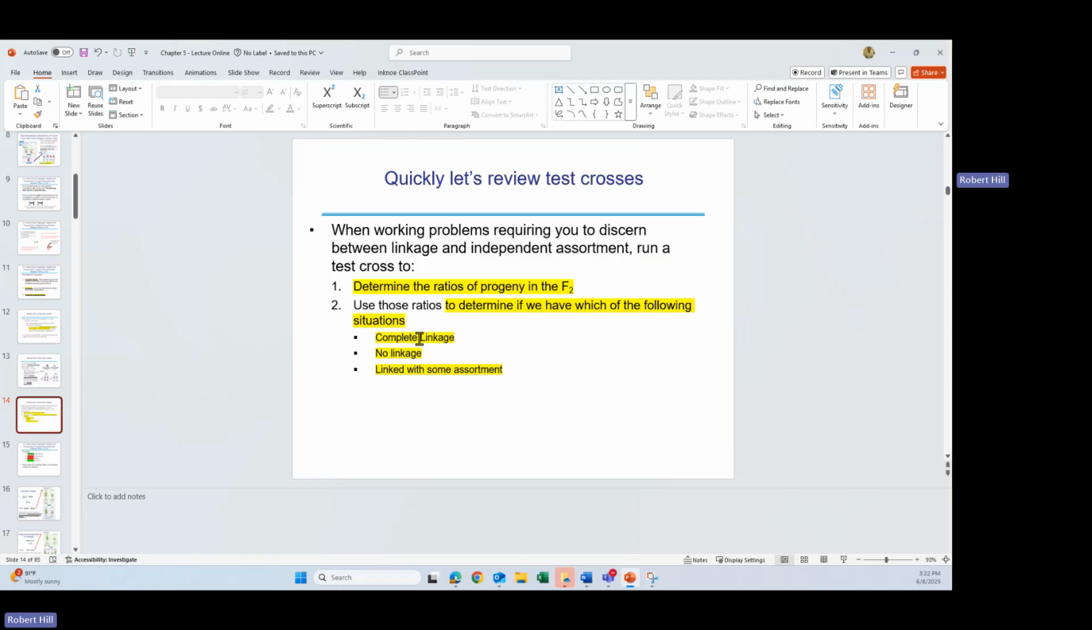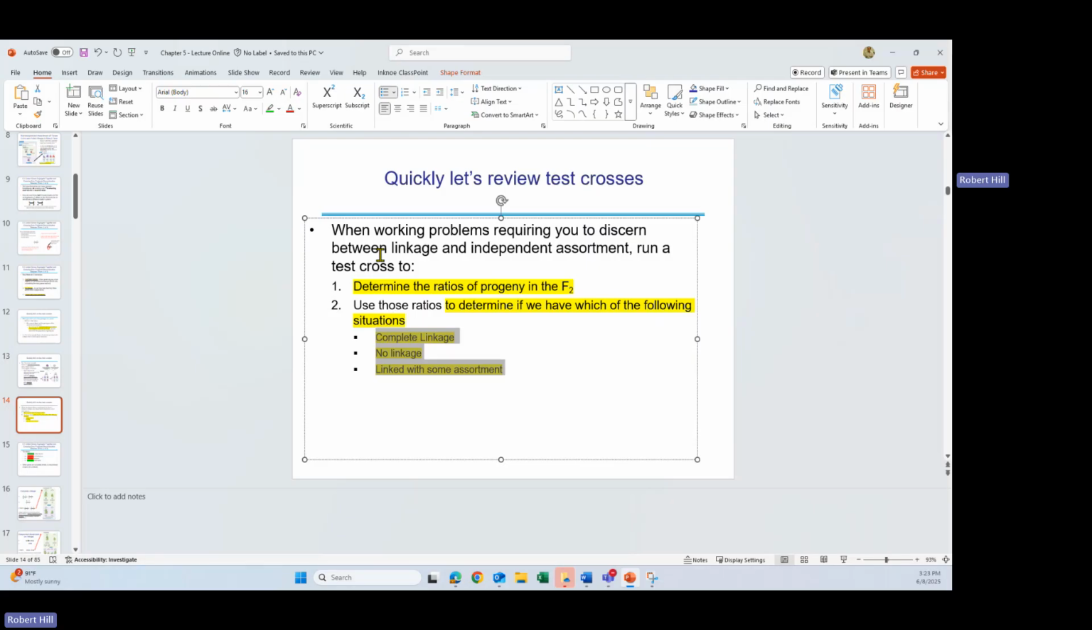Just want to go back on these three things that we can determine, right? These are basically the two steps that you're going to take when you are working problems where you have to discern between linkage and independent assortment. You're going to run a test cross to do two things. The first thing is to determine the ratio of progeny in the F2. The second thing is to use those ratios to determine what your scenario is